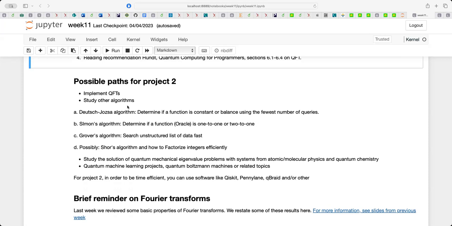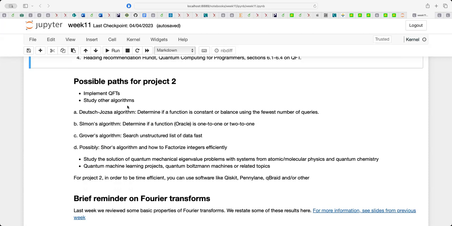So there's always a problem when we have this kind of self-study course that we cannot cover everything. However, I hope that after we've gone through the quantum Fourier transforms and some of these algorithms, we can have some time towards the end of the semester to discuss quantum machine learning as well. That's, after all, in the name of the course. So this is at least where I am when it comes to projects. And the plan is to have them ready towards the end of the week. So you can start looking at the